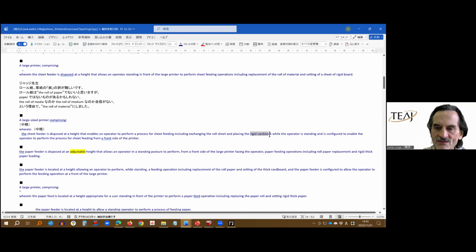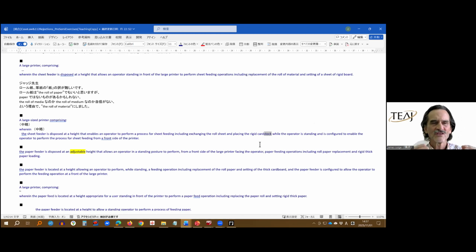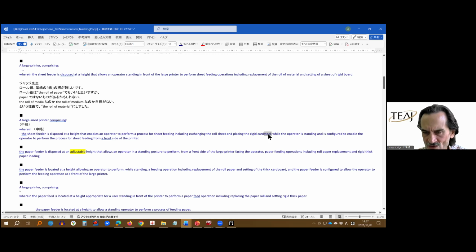Rigid cardstock, that's a great word. It makes perfect sense to me. I didn't know about that word. By the way, stock is sometimes a good suffix to use for zai, and you have so many words for material in Japanese, zairyo and buzai and shizai and zai. And instead of saying material all the time, native speakers will use this word stock. So I really like that as a suffix.